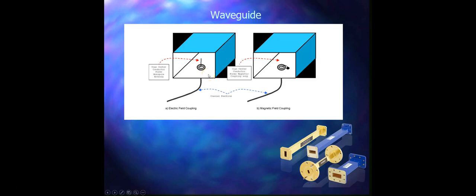If you see the construction, it is a hollow metal tube that carries the ultra high frequency, or we can say super high frequency radio energy. And these waveguide walls you see here are made up of metal, so that the radio frequency energy cannot escape. They are designed in such a way,